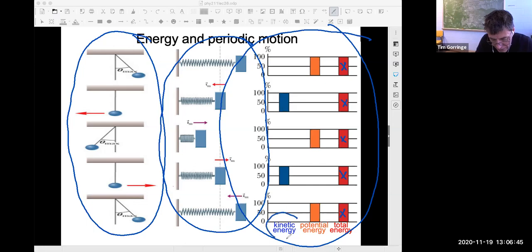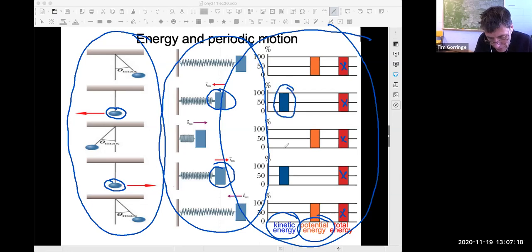What you see changing are the individual bands of energy. You see the kinetic energy and the potential energy, they change. They actually oscillate to and fro, out of phase with one another, out of sync with one another. So for example, let's take a look at the kinetic energy. The kinetic energy is biggest when you travel through the equilibrium point. That's here and here for the pendulum. That's here and here for the spring system. And that's when the kinetic energy is maximum. It's 100% of the energy. And there's actually no potential energy when you're at the equilibrium point.